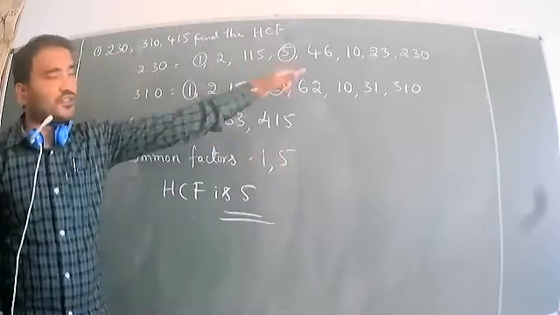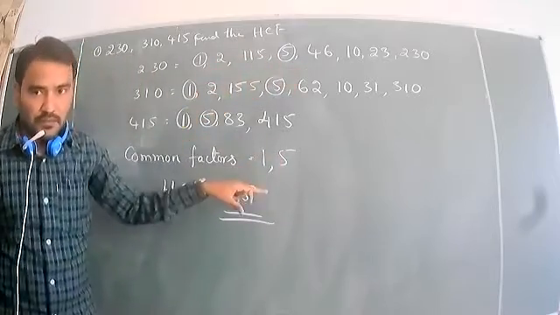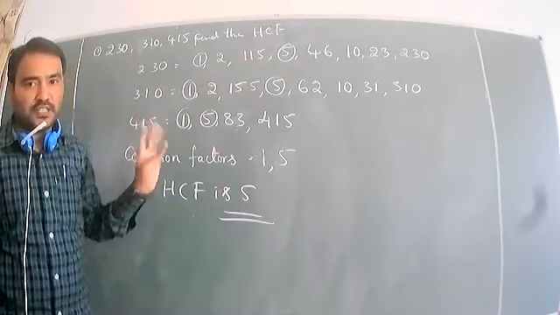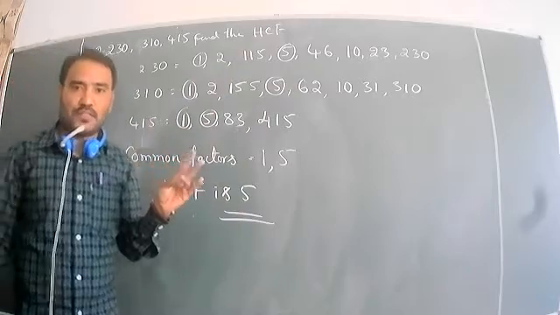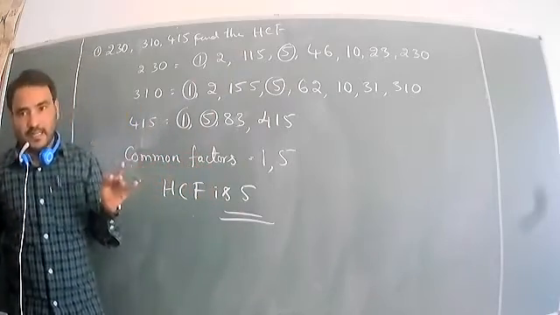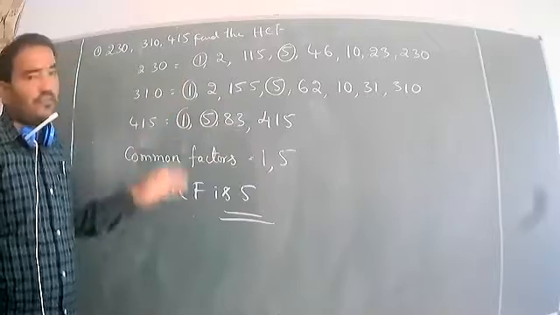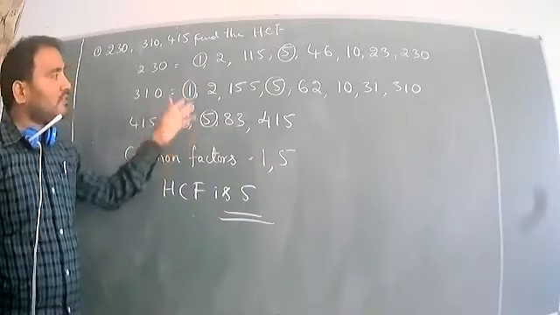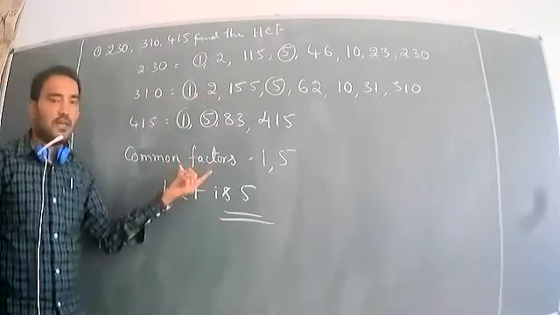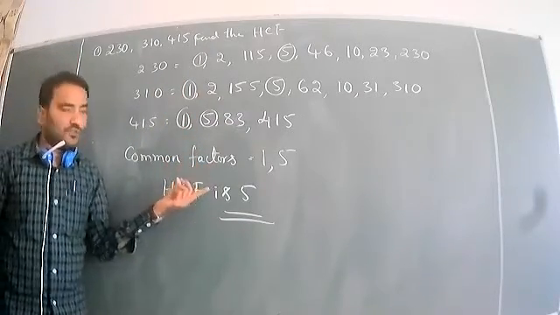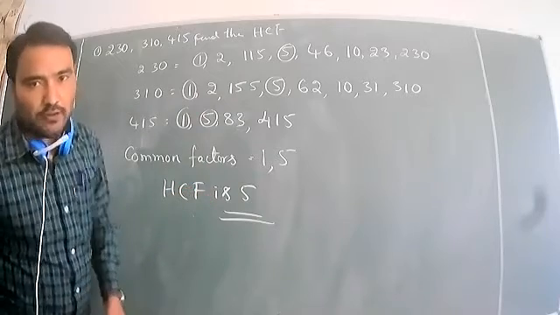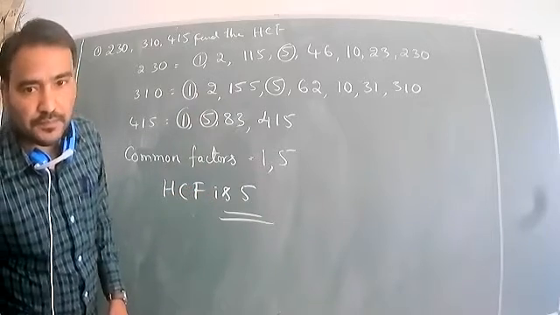Take all the common factors, take the factors and divide. So you now know the divisibility tests of 2, 3, 4, 5, 6, 7, 8, 9. Check the divisibility tests and find out the factors, and we get the common factors, and which one is the greatest is the HCF. You should write it. Then I will go to the next question.